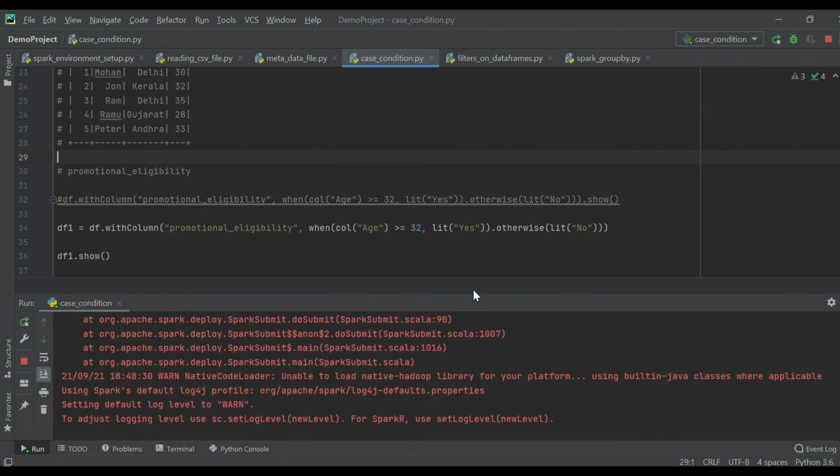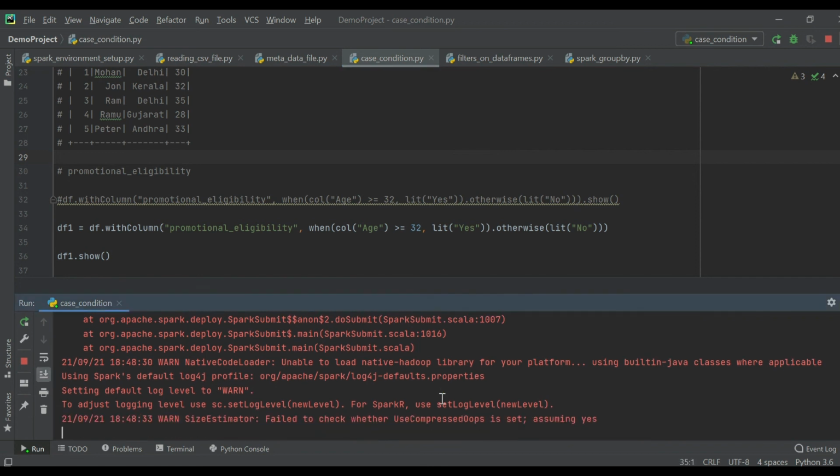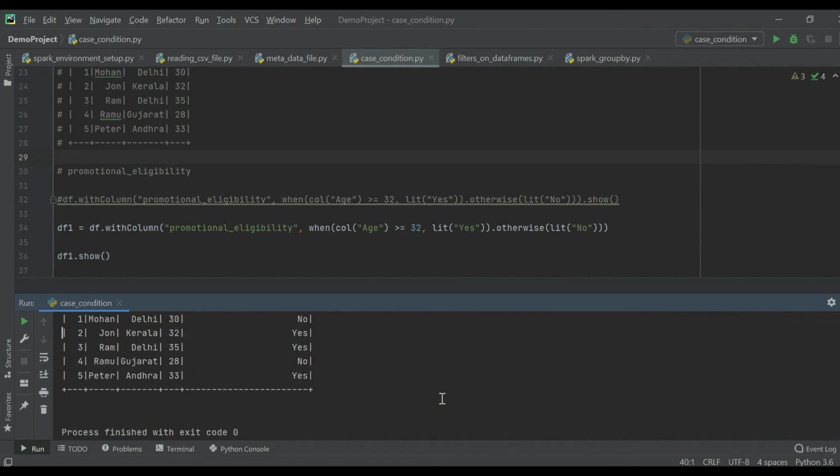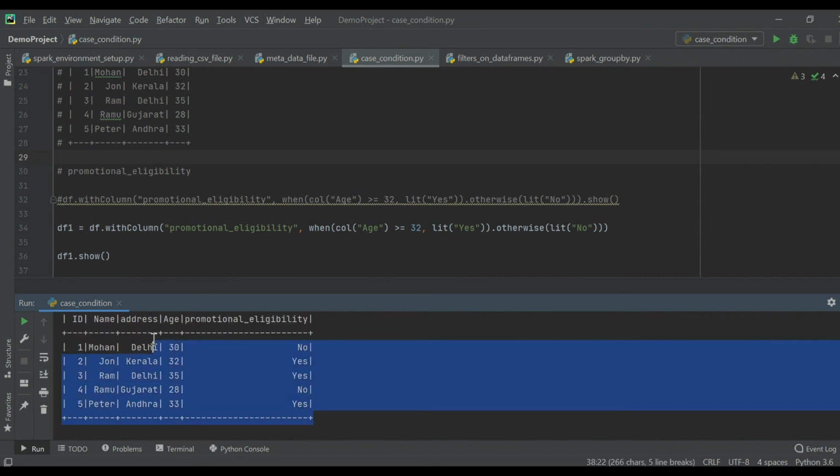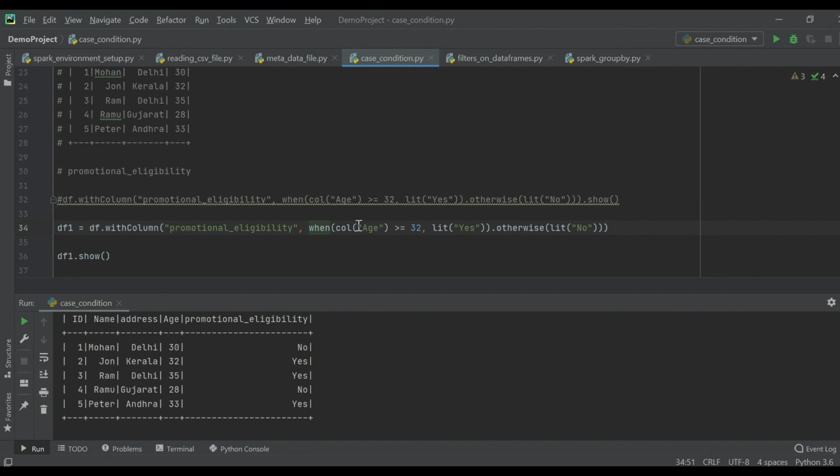It's going to run the Spark code now, and we should be able to see the same data which we got earlier just a few seconds back. Yeah, two no statements and three yes statements. So this is how we can write the when conditions. This is kind of an if and else. There could be other scenarios where we want to write an if, else if, and at the end we can write else. I would be explaining about that in my next videos.